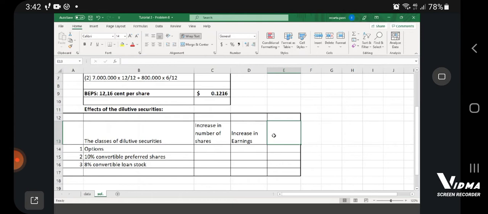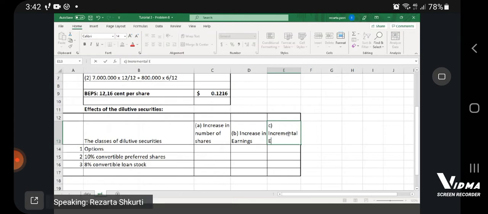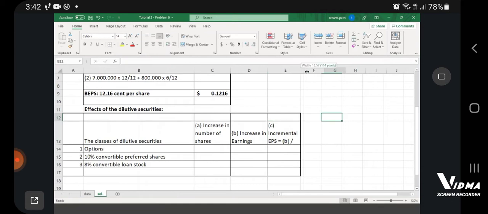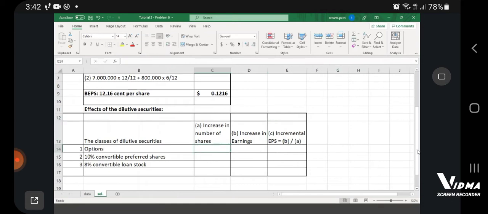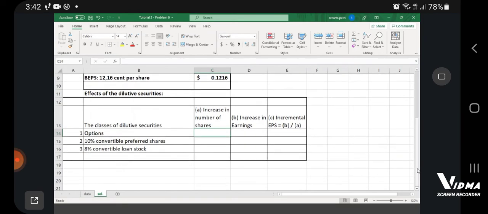And by dividing the two first columns, let's say that the increase in number of shares is column A, and the increase in earnings is column B. Column C will be the incremental earnings per share, which is the ratio between column B and column A. Okay, so let us start and try to put all the facts in this table, recognizing all the